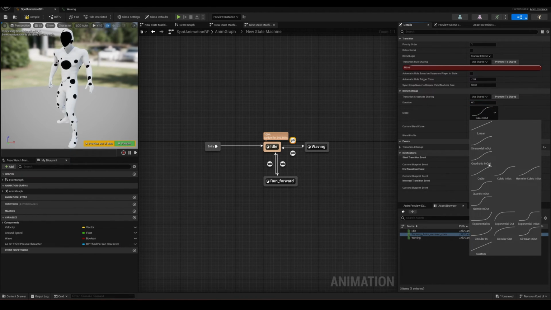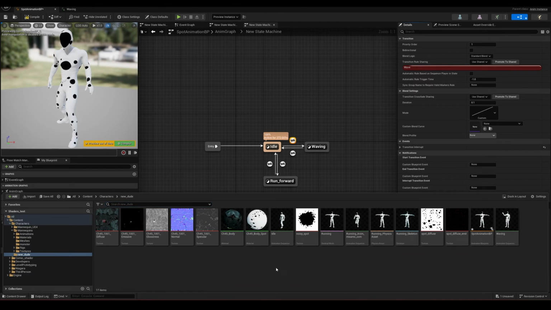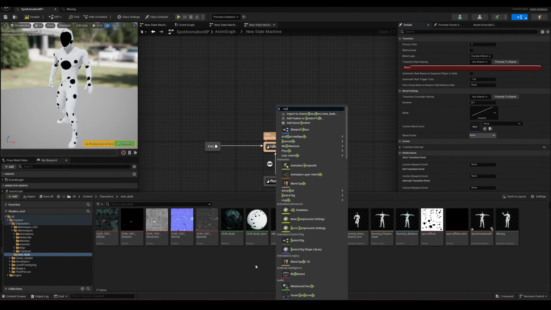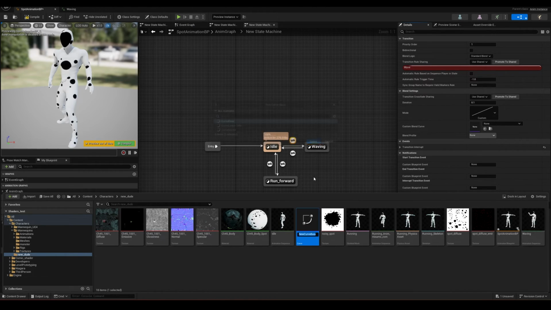Now, if we go through the presets, there's nothing like that. Maybe the quintic in-out resembles it a bit, but it's still very smooth in these slopes here. So let's start by changing it to custom, and next we're going to create our own custom blend curve to plug in here. So open the content browser, right click on it, and let's search for curve. Now the type of curve that we need is a curve float, so select that, give it a name, maybe curve anim step,